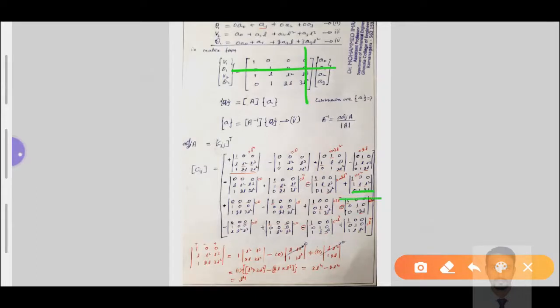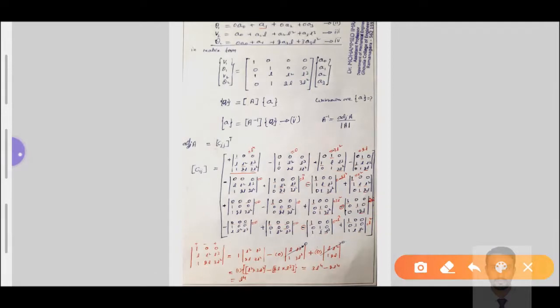The rest of the values we need to take to get this value. Second row fourth column eliminated, these are the values: 1 0 0, 1 L square, 0 1 2L. Similarly we get all the values. Third row first column eliminated, the rest of the values you take down. Then again third row second column, all the values you take down here. Then to get this value, third row third column eliminated, the rest of the values you get. And for this value, third row fourth column eliminated, and you will get that matrix here in terms of a determinant.